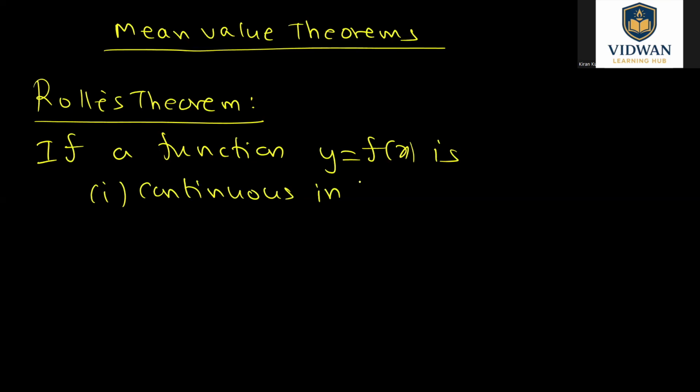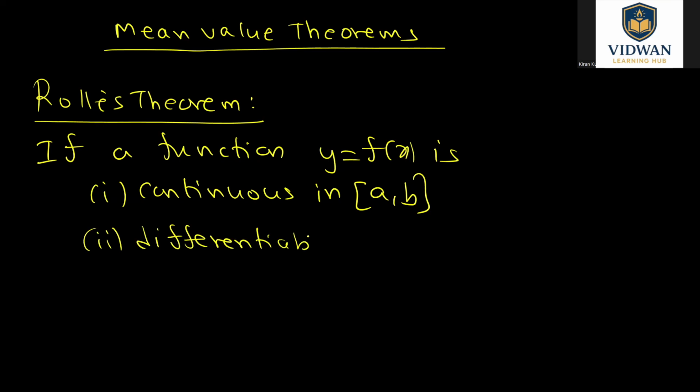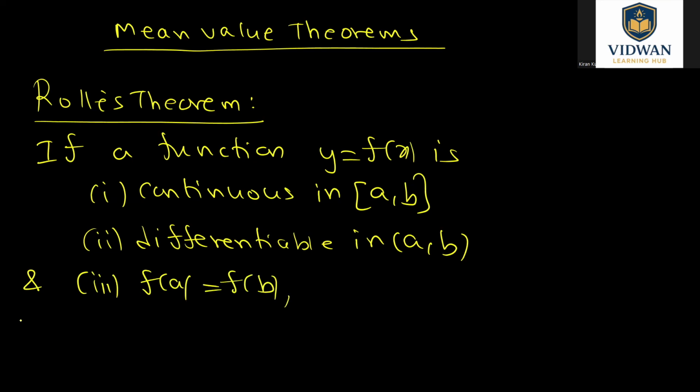So if there is a function which is continuous in closed interval AB, that means in the graph of the function, there's no broken point in this interval. And differentiable in open interval AB. So differentiable means there are no broken points and no sharp edges in open interval AB. And f of A equal to f of B. So if these three conditions are satisfied, these are the given conditions of Rolle's theorem, then the conclusion is